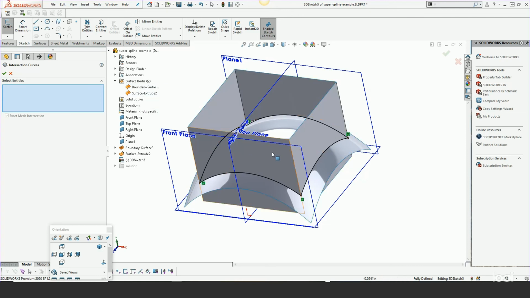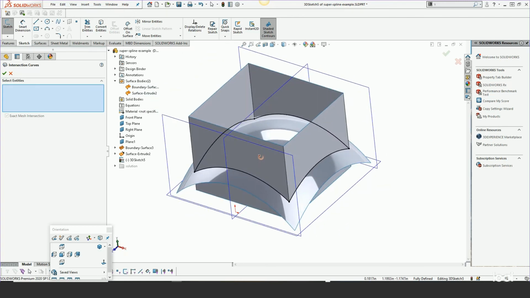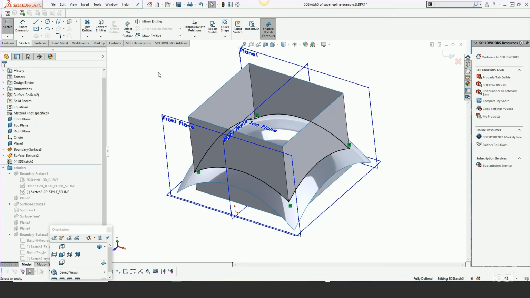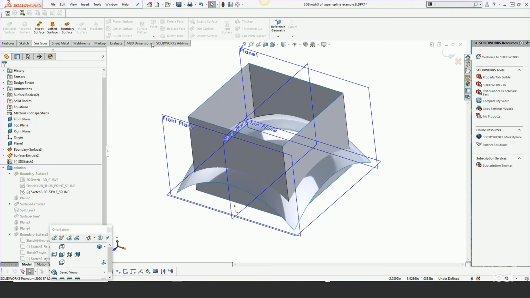And so now, by picking the surface bodies, anywhere they two intersect, I get an intersection curve. Okay? So that's an intersection curve, and we'll probably talk a lot more about that when we start to create some interim curves in here. I'm going to undo that, and in this example, let's go ahead and